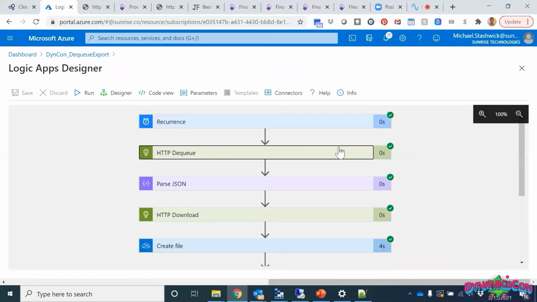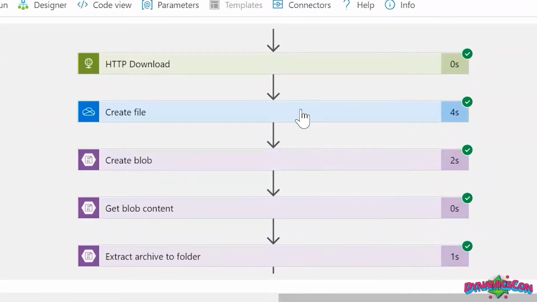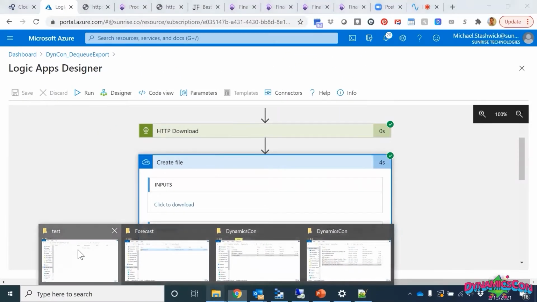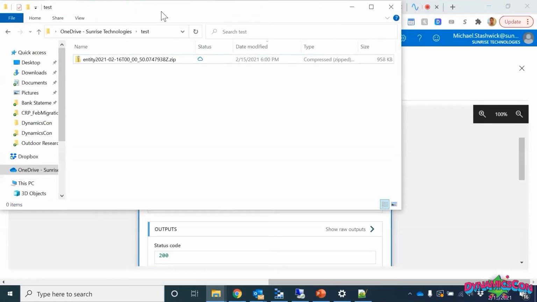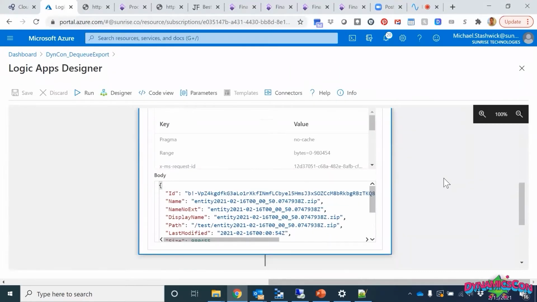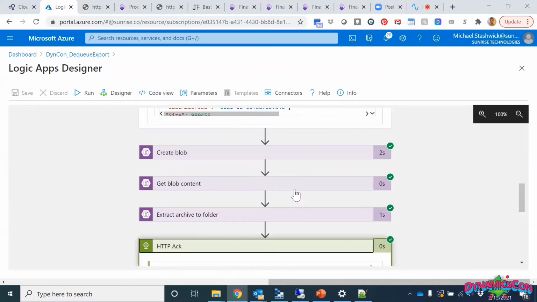Look at that. We pulled it out of D365 so fast. Couldn't even count the seconds. And then OneDrive slowed us down 4 seconds, creating this file in OneDrive. Here it is. You can see it. Everything lines up beautifully. It is a zipped package though. And then the blob way went a bit faster. And then at the end,